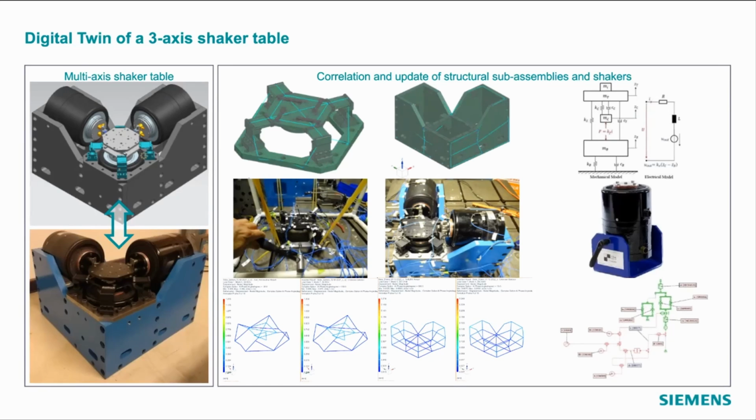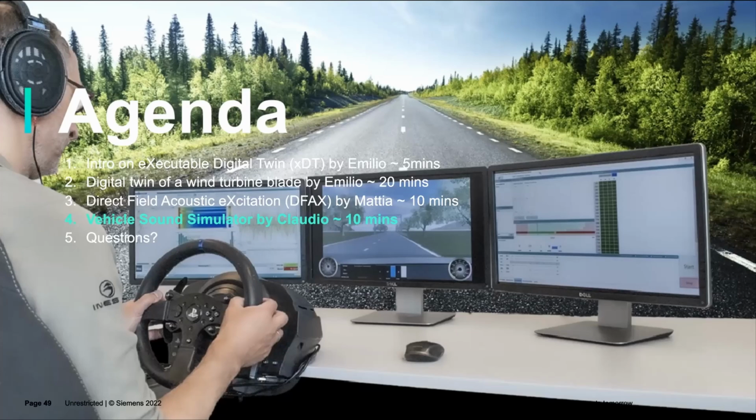So you also need to run these vibration tests. And here we are also creating a similar environment to the one I showed for the acoustic application. So that's the end of my part,